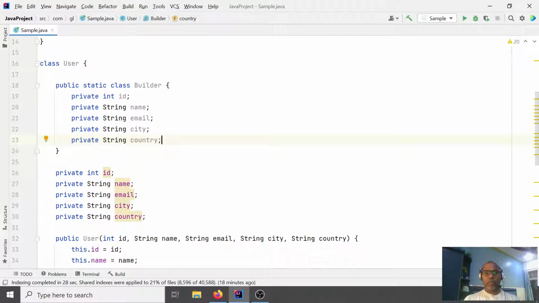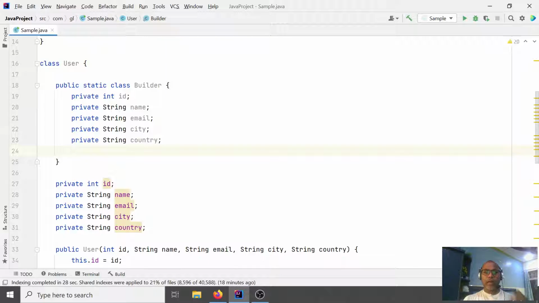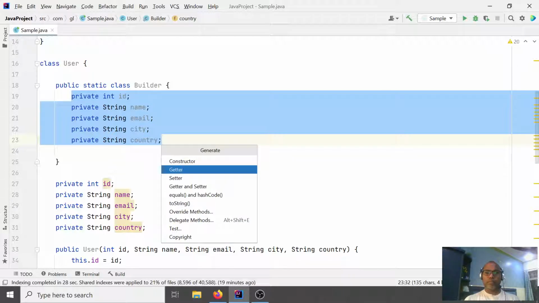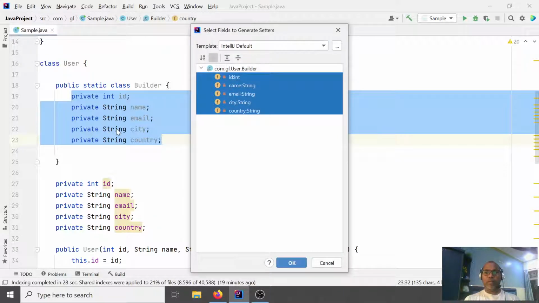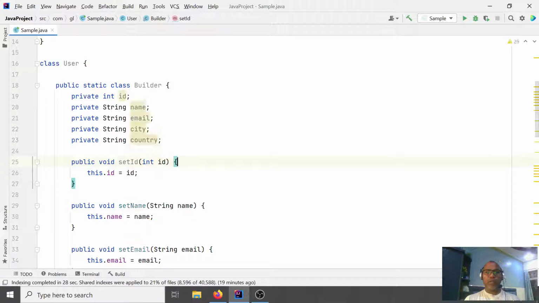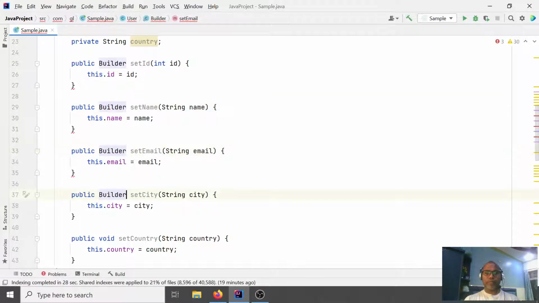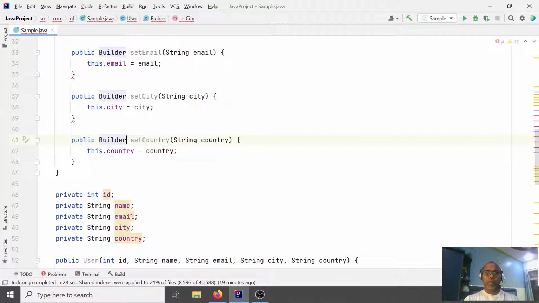And now this class provides all the setter methods for how you are going to set. So just provide the setter methods. The only difference is all the setter methods do not return void, instead they return the object itself.